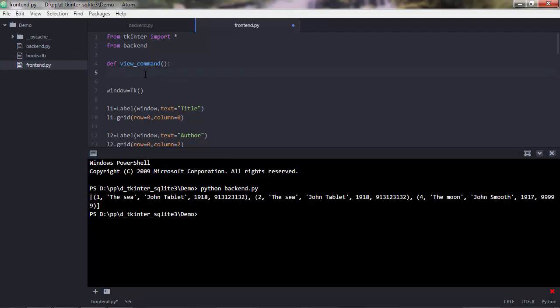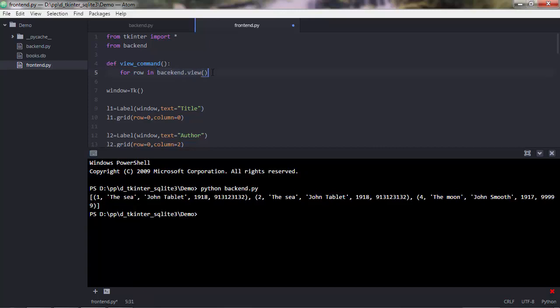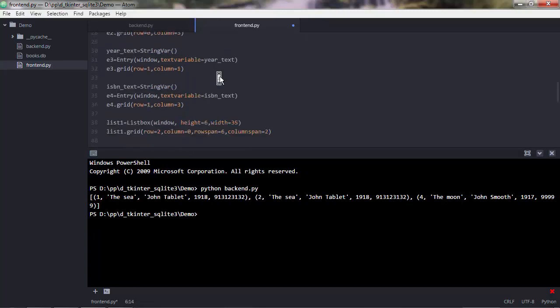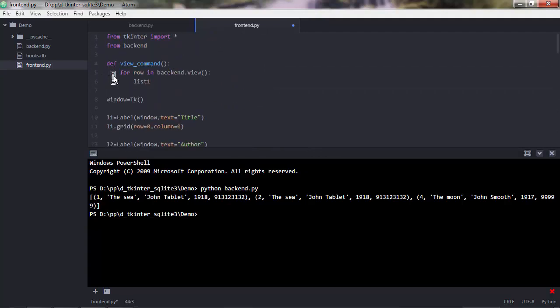So that would be for, let's say, a row in backend.view. So this is actually this list here. So this is actually an object, and a list object. And then list 1, I believe that's how our list box is called. So yeah, so it's list 1. That's a variable holding our list box. Dot insert,